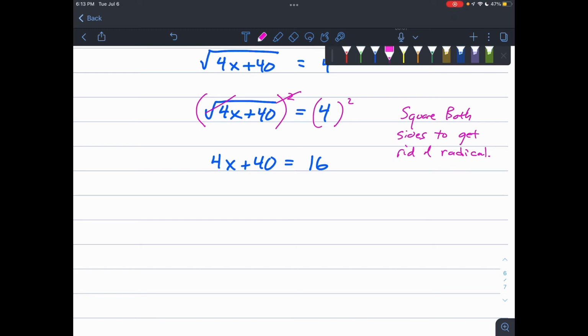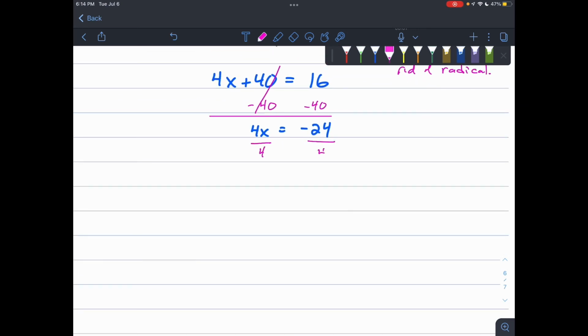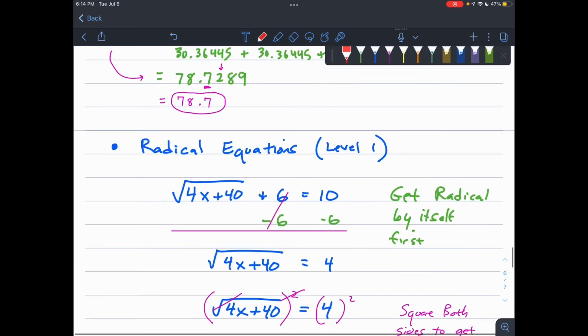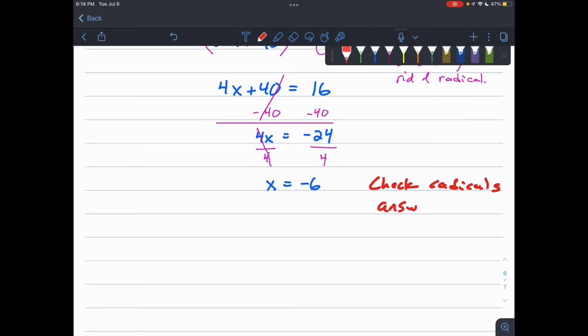And then we just want to get the x by itself. So subtract 40. We got 4x equals negative 24. Divide by 4. And we end up with x equals negative 6. You do want to check these answers in the radical equations. Check the radical answers. Really all that means is you're just going to plug in this